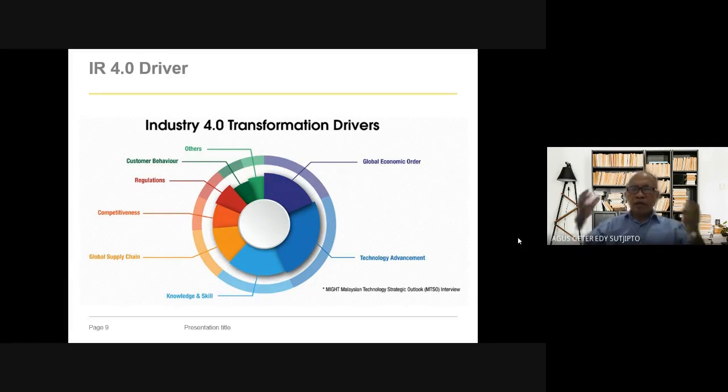So customers want to have change, and very quickly what they want, they want to have it at the spot.